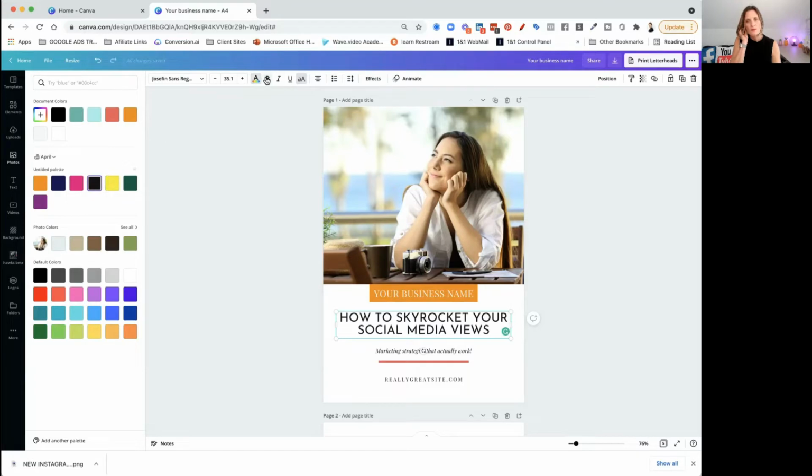Along here as well, it gives you the option to make the text bold. So you can tick that if you want. You can make it italic. You can also underline it. And you can also make it uppercase or lowercase, depending on what you do. You can choose the text orientation from left, right, and centered. You can also add a bullet point list and a numbered list,